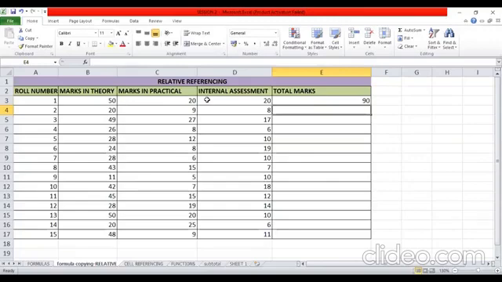Now I have 15 students to calculate marks for. This may as well be 100 students or 500 students. If I have to add the marks of everybody individually, then it will take me a very long time.